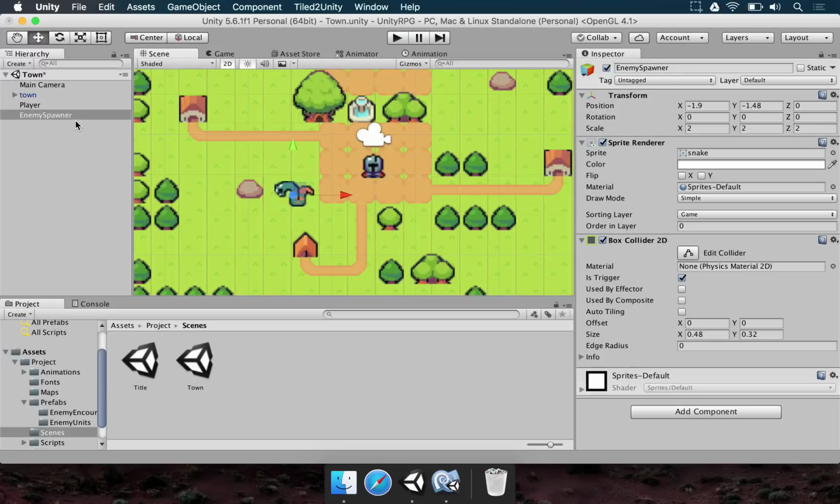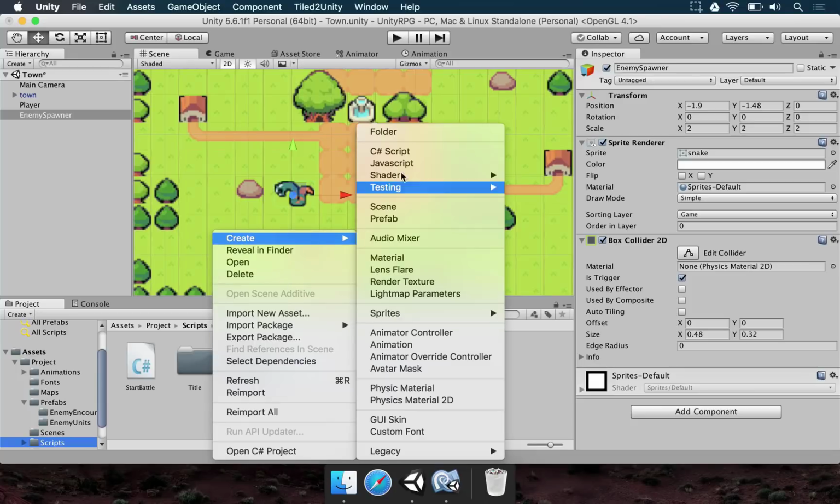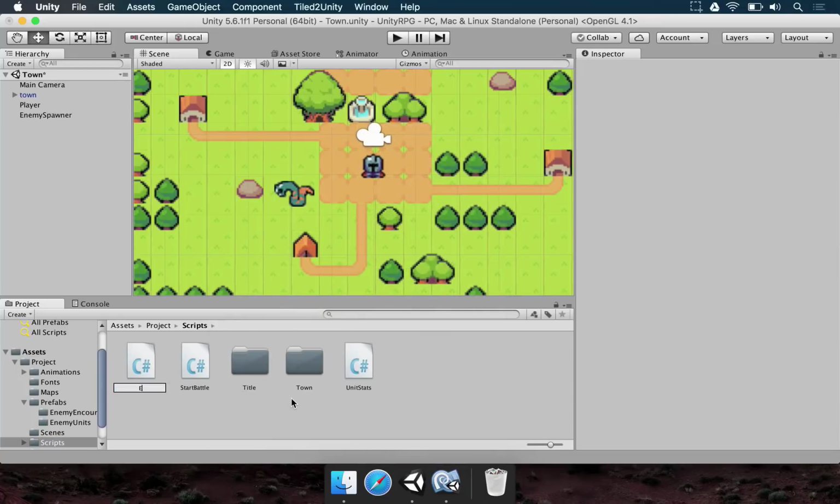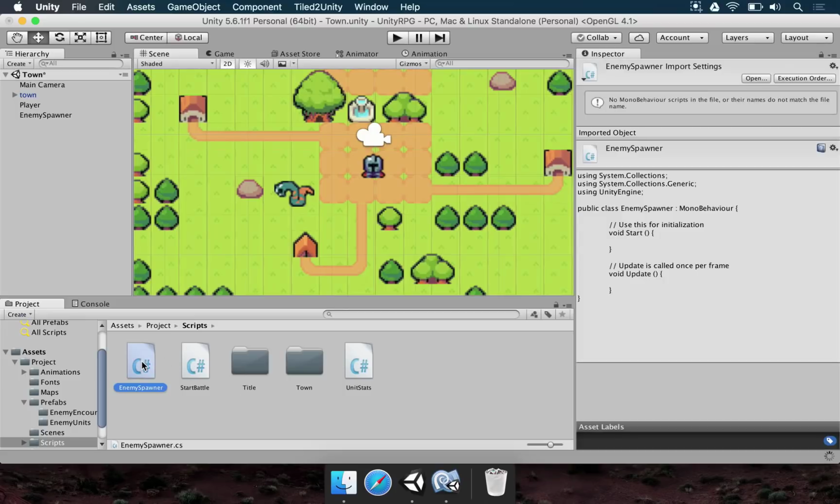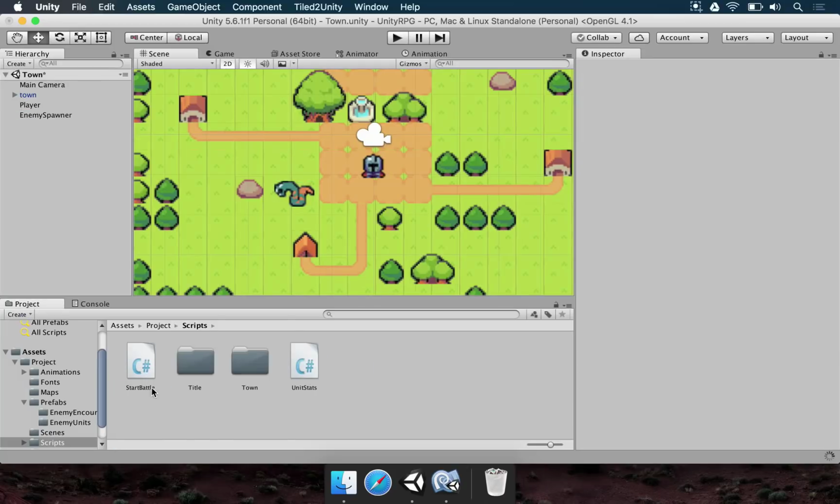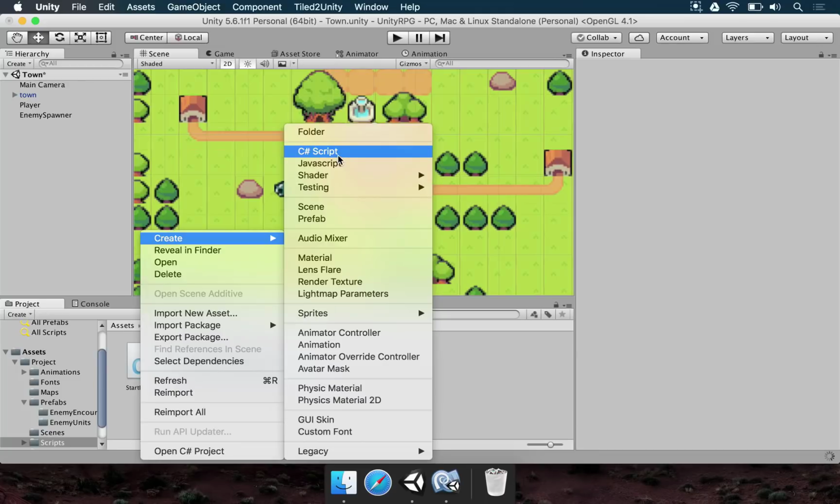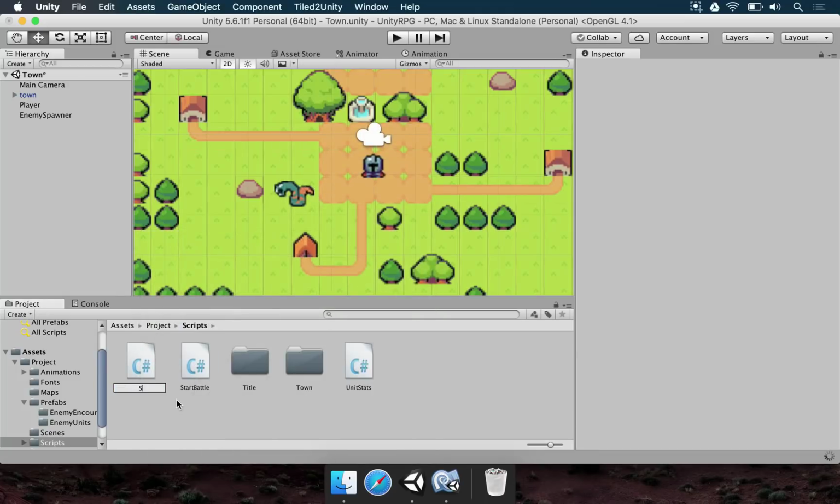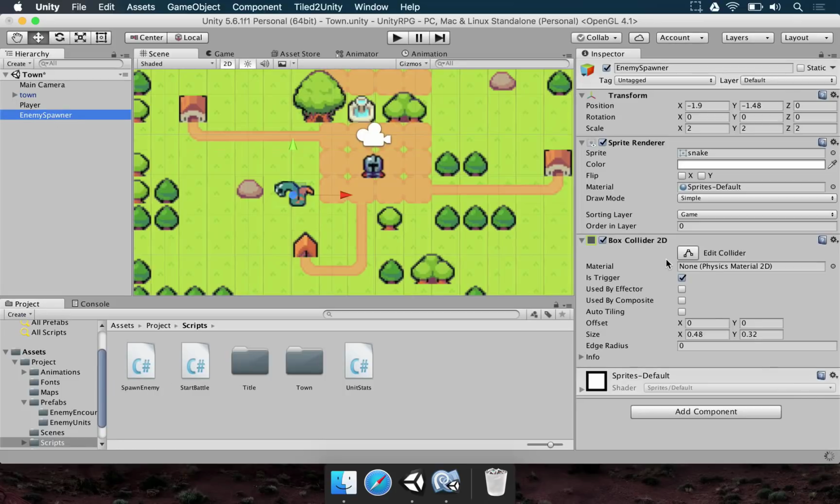So we need to make a script in the enemy spawner. So in the scripts folder, we're going to right click, choose create, C# script, and name this enemy spawner, okay? So now that we have this enemy spawner script, let's add it here. Okay. Actually, instead of enemy spawner, let's name this spawn enemy. Let's use this pattern for script naming. Okay, so spawn enemy. Once we do this, hit enter, wait for the code to be ready, and apply the